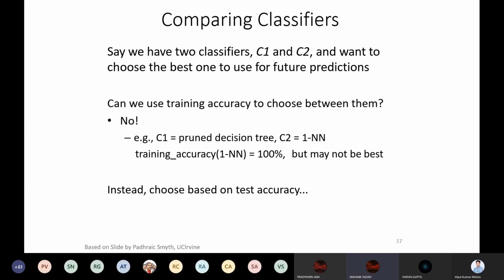So testing, because ultimately whenever we have new data, your classifier should perform well. Whatever data we already have, there is no meaning in performing well only on the existing data. A good model is one that performs well on new data, which means you have to focus on the testing accuracy instead of the training accuracy, right?